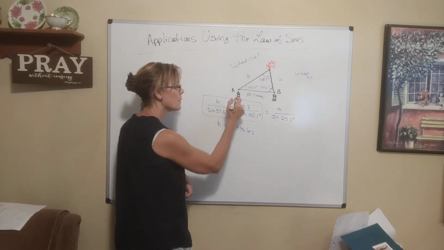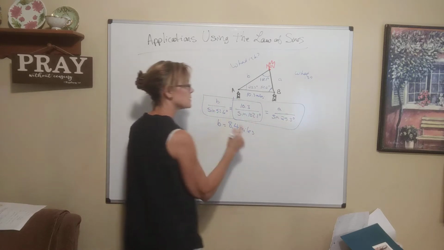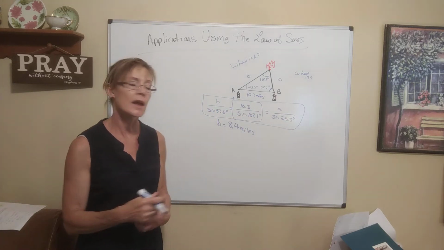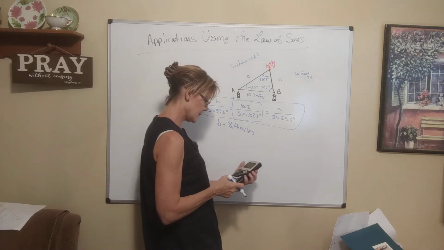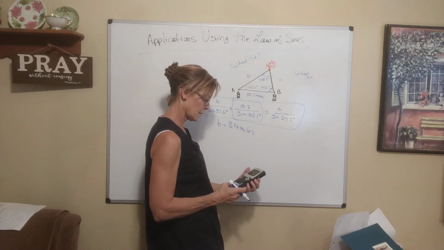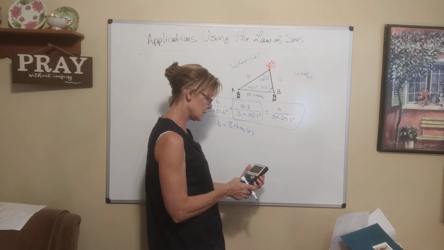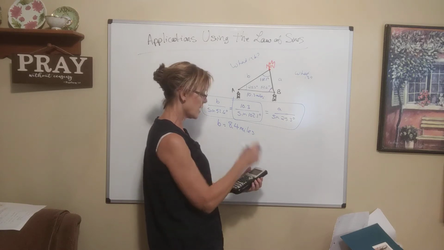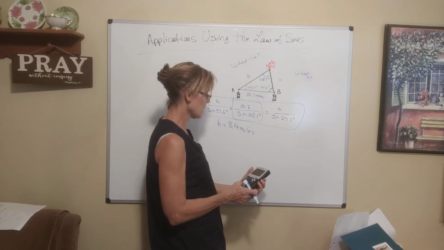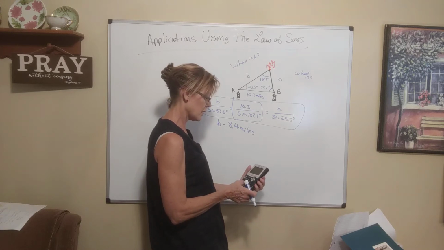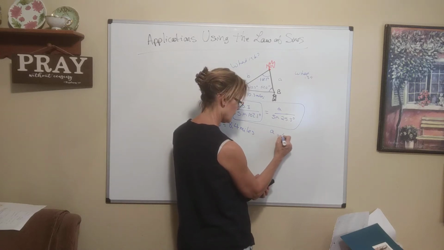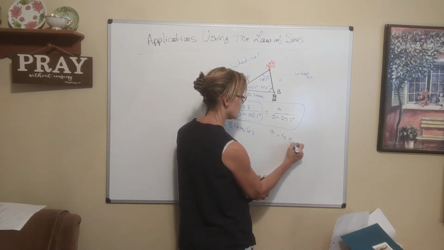I'm going to use this information. I'm going to cross multiply this equation and solve for A. I'm going to say 10.3 times the sine of 25.3 divided by the sine of 102.1 gives me that little a is equal to 4.5